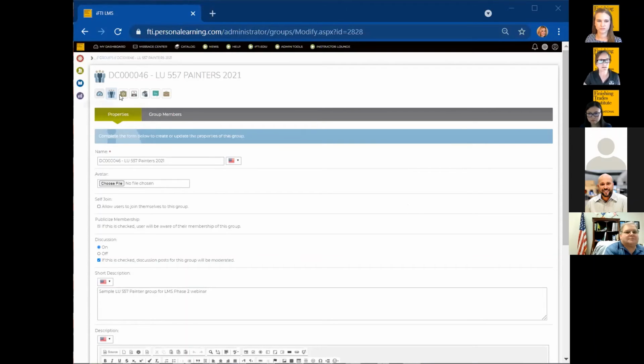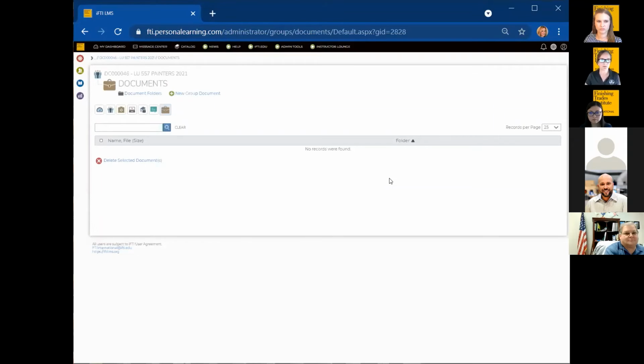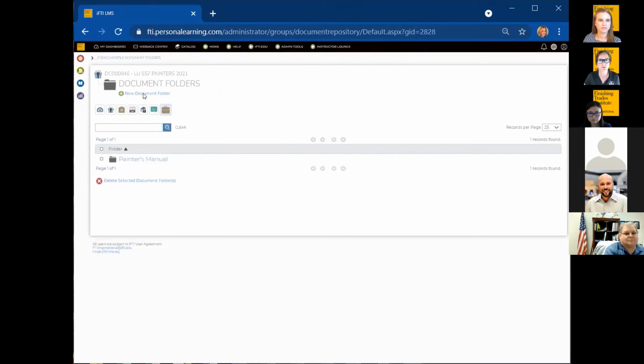Okay, and then so finally, the last widget in the groups are the documents. And this is one of the features that we all really like a lot, because it's within several areas and allows faster access, easier access to any documents that you have. I think Donna showed you the access to the documents before. You can create folders to keep yourself organized. So if you want to create a new folder, like this one, I just called it Painter's Manual. And then if you want to, you click back on it.